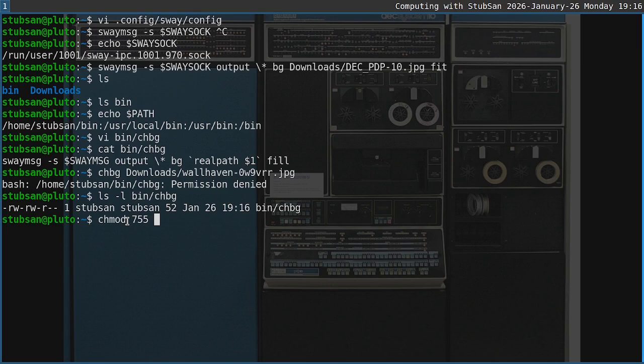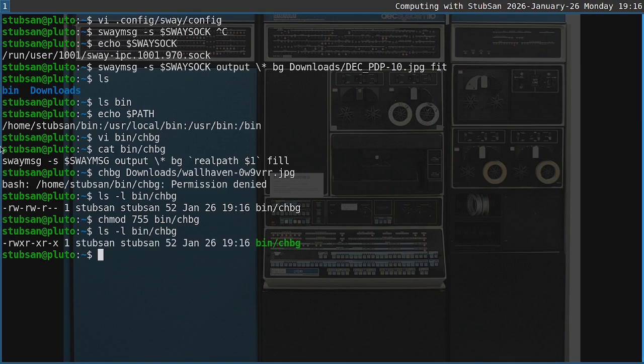755 is the octal value of these three binary fields right here. I'll explain that another day if y'all really want to know about how that works. There's a couple forms of that. This one's a fairly simple one though. Now if I do an ls -l on that file, you can see that those three flags are set, X, X, and X. That gives it execute permission. Now when I go and type that command, chbg, and then give it the file name that I want to change my background to,